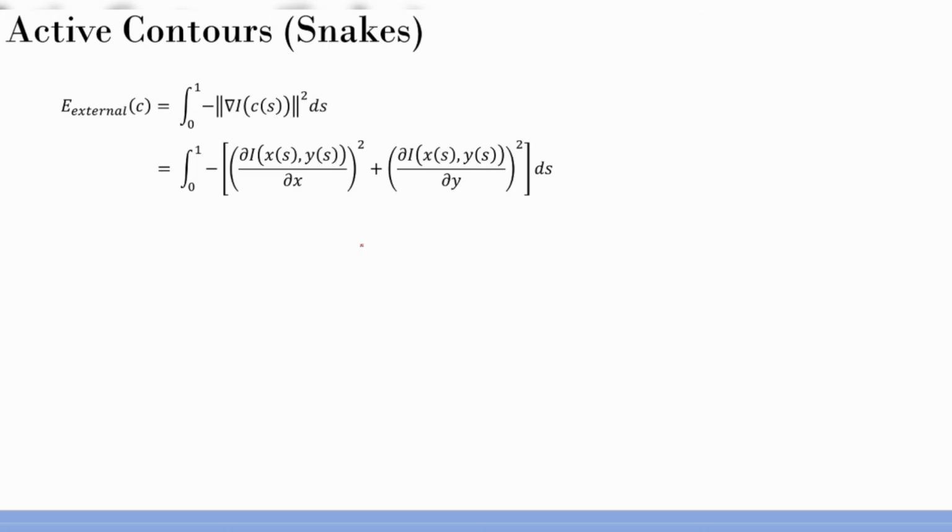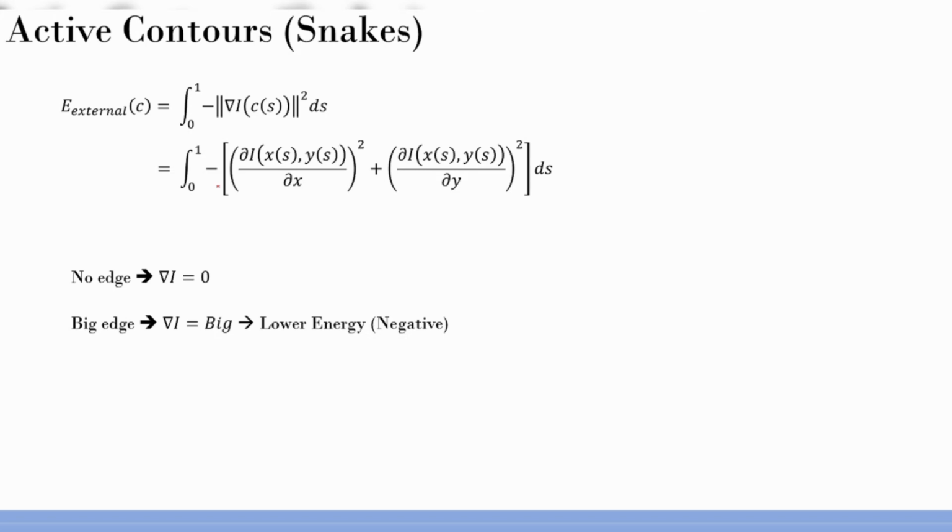So that forms your external energy, and you have a negative term here. That's the interesting aspect. The reason I will explain as this. Suppose there is no edge nearby, then of course we know that the delta I factor, or the dou I by dou x factor in both x and y direction, will be minimal. It will be ideally 0, right? And you really don't have any external energy there. But suppose there is a big edge which is nearby. That means the delta I factor will be very high. And since I put negative, I want to minimize this, right? I want to go in that direction.